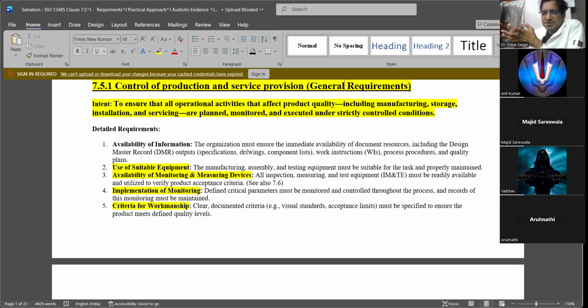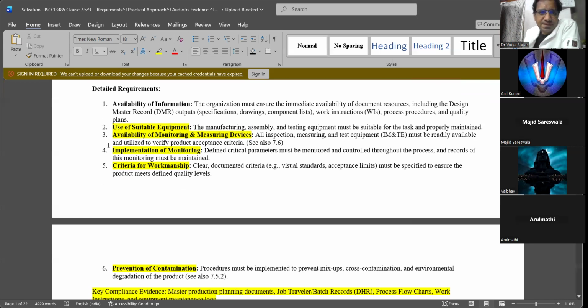What are the outputs: the drawings, SOPs, work instructions, and for QC people, the standard test procedures. Are all of them available or not? That is what we call availability of information.